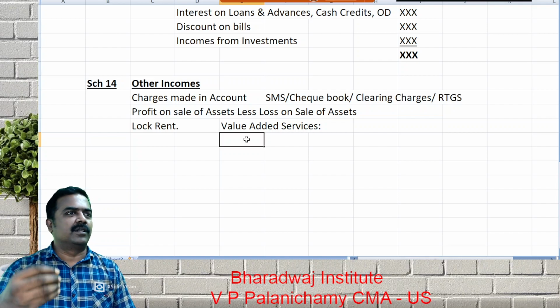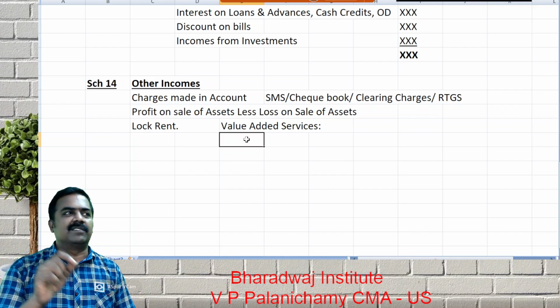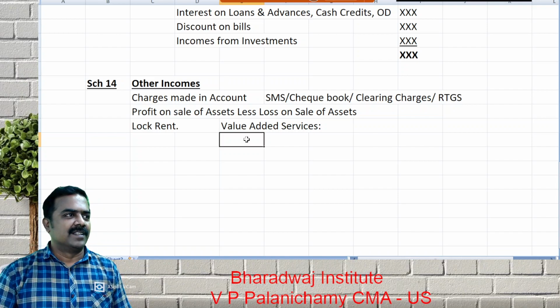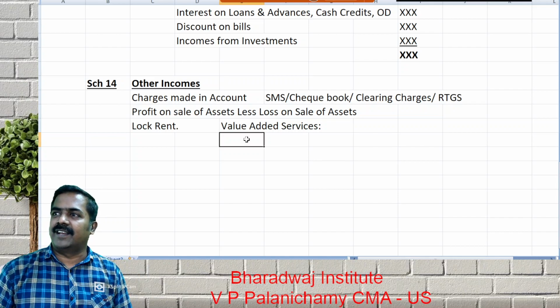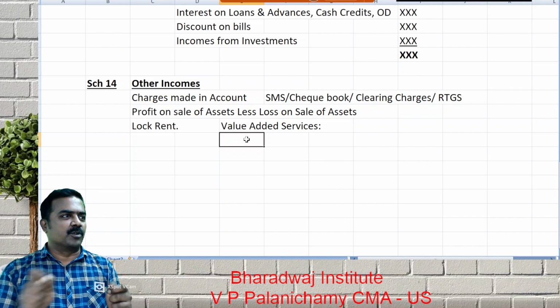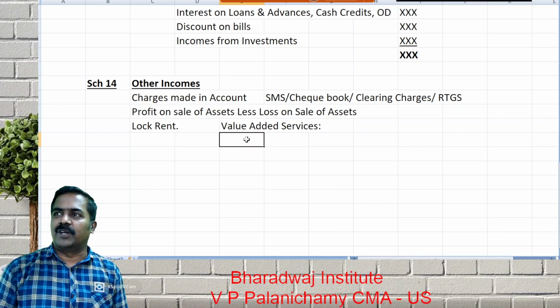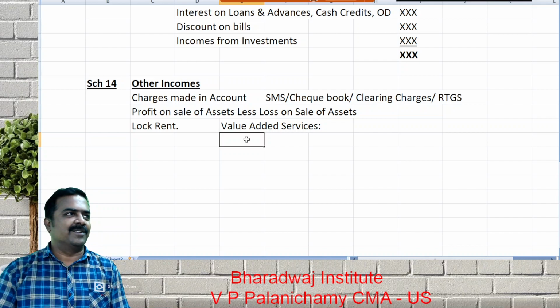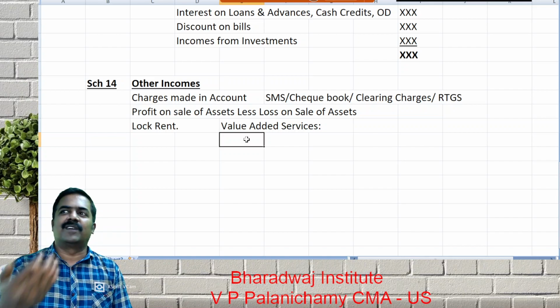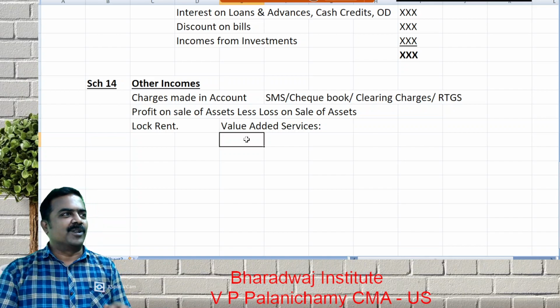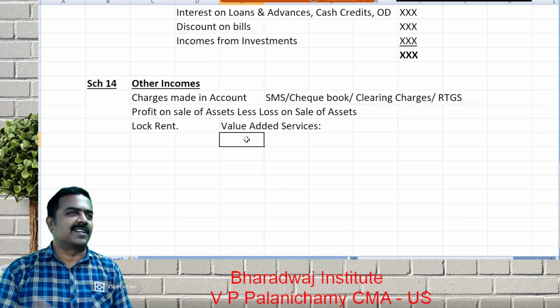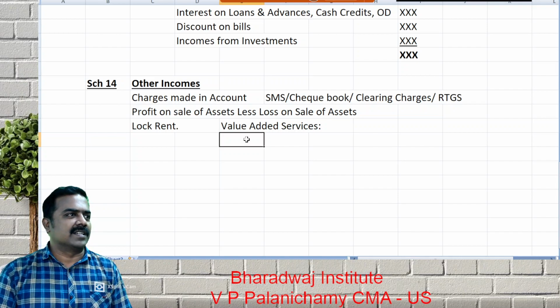You go to SBI and give 2 lakh rupees, and they will give you checks for 1,99,000 rupees. Check leaves for how much? 1,99,000 rupees. They give denominations of 10,000, 20,000, 30,000, 40,000. For example, you are traveling to Mumbai and want to withdraw 10,000. Give the leaf to the Mumbai branch of SBI. You can withdraw how much? 10,000. Go to Delhi, you withdraw another 20,000. Give the traveler check and withdraw the money. That is how they do it, because traveling with cash is risky. But traveling with traveler checks is easy.